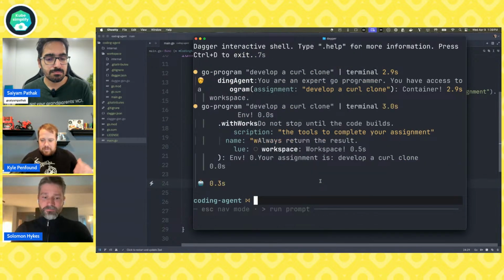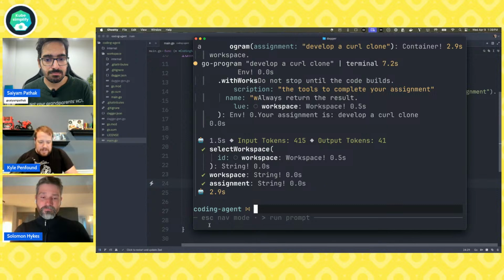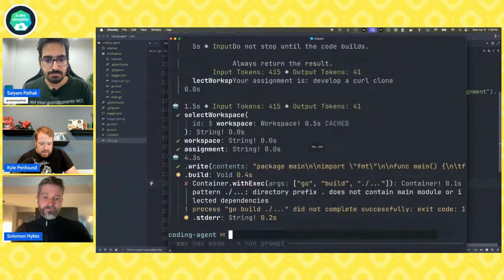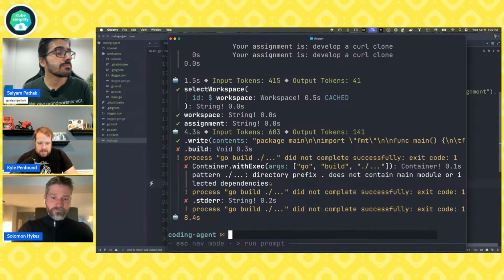And now it gets right into it because the model is already loaded. And we can watch it here in the terminal this time. It'll be great. Okay, it tries to build. It hasn't written its go.mod yet. So hopefully it figures that out based on this error output, right? It says, oh, I'm missing a go.mod.